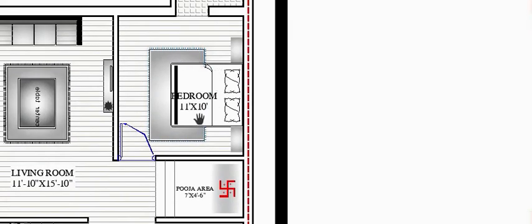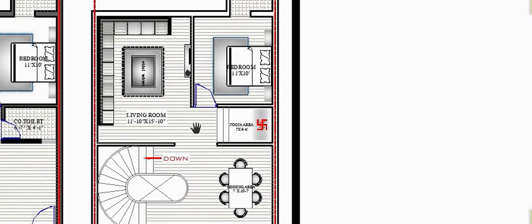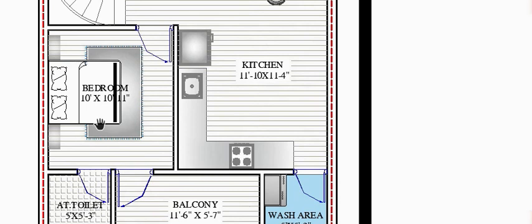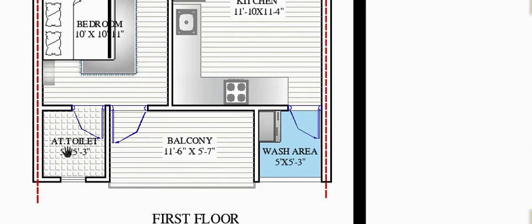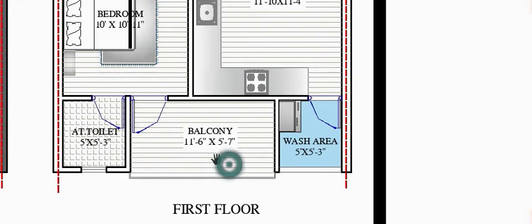This is the bedroom, which is the same as on the ground floor, with the attached toilet. This is the living room, same as on the ground floor. Here is the other bedroom, which is 10 feet by 10 feet 11 inch. It means here to here is 10 feet 11 inch, and here to here is 10 feet. Here is the attached toilet provided. As you can see, here it follows a symmetric pattern, with the attached toilet